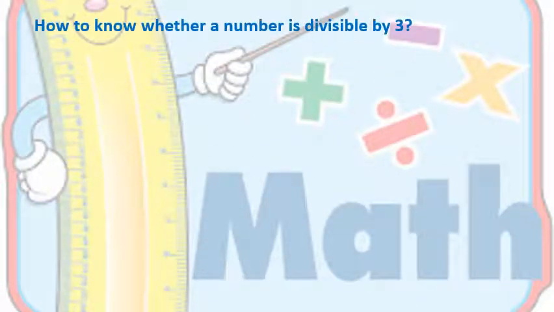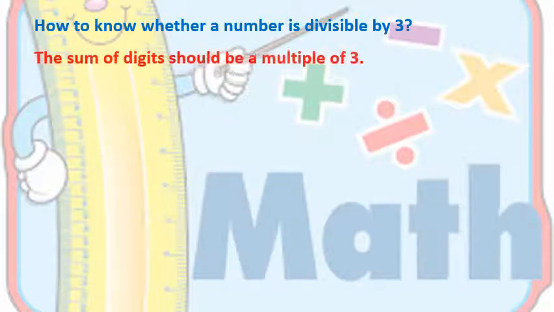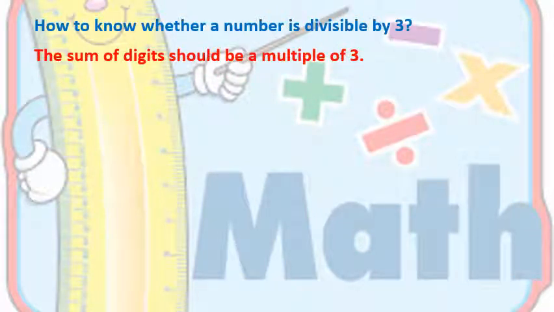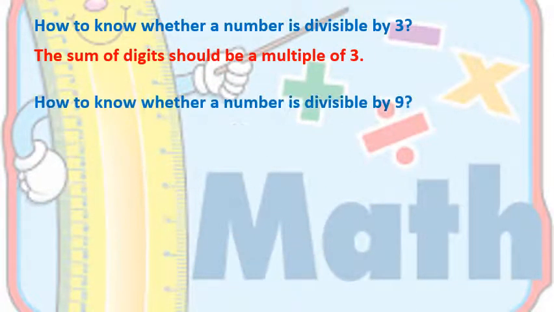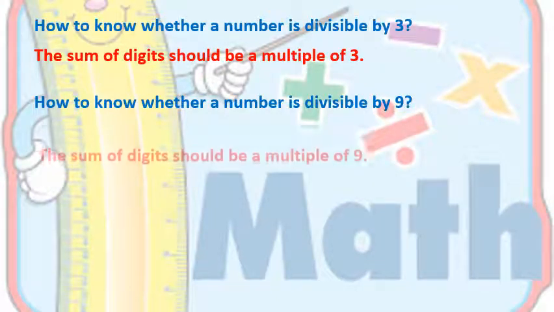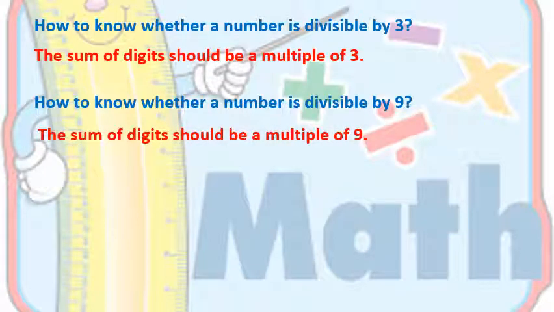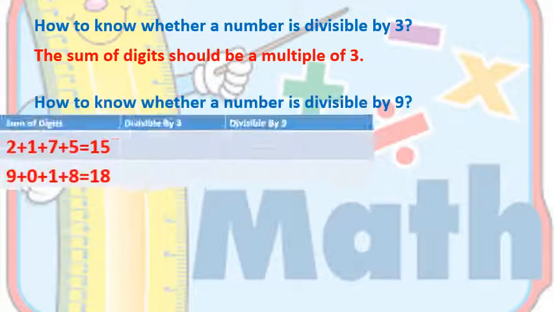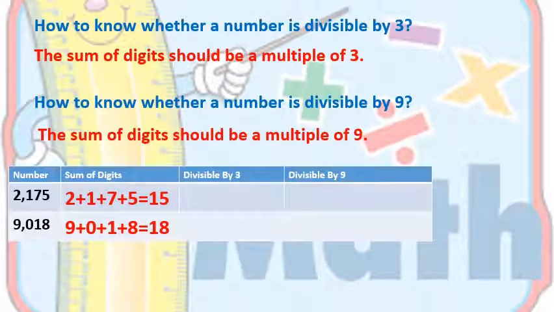Now, how to know whether a number is divisible by 3? I should be adding the digits. So the sum of digits should be a multiple of 3. To know whether a number is divisible by 9, I should also be adding digits. They should have a sum that is a multiple of 9. Example. As you can see, this is the first number,